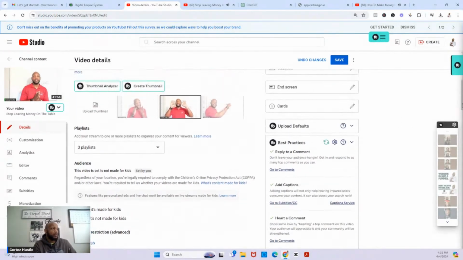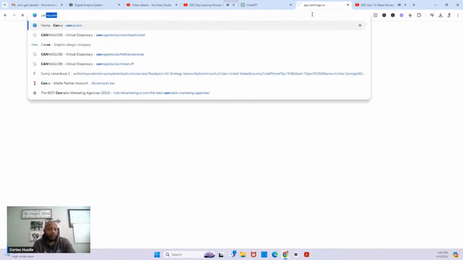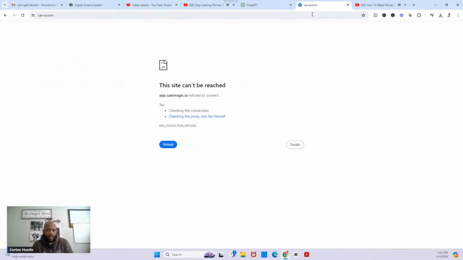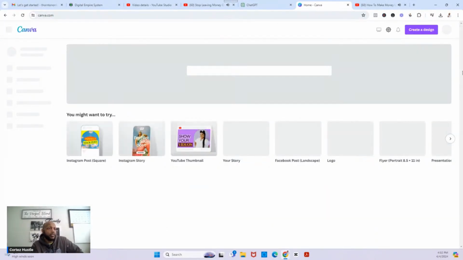When it comes to thumbnails, I'm using Canva to create my thumbnails, and I just basically create a template that I use over and over and over so that all of my thumbnails for 2024 are going to have a consistent look.